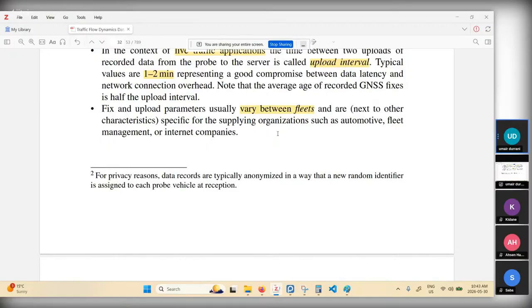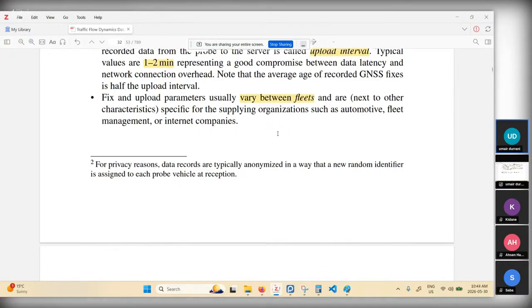So depending on who is managing the fleets, how many cars or trucks they have in those fleets, they have different values of those time intervals of how quickly they